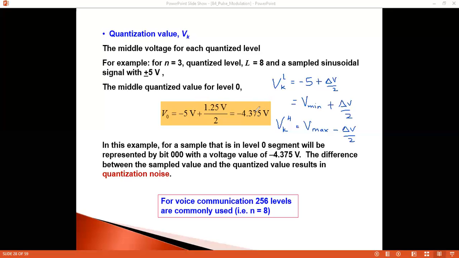So any values around this voltage value will be rounded to this Vk. For example, if our sample is minus 5, during quantization, it will be